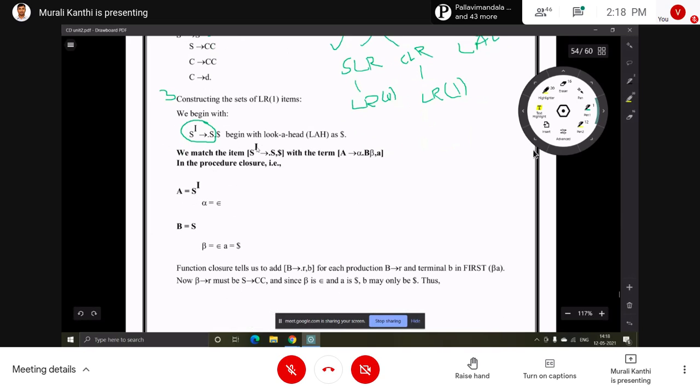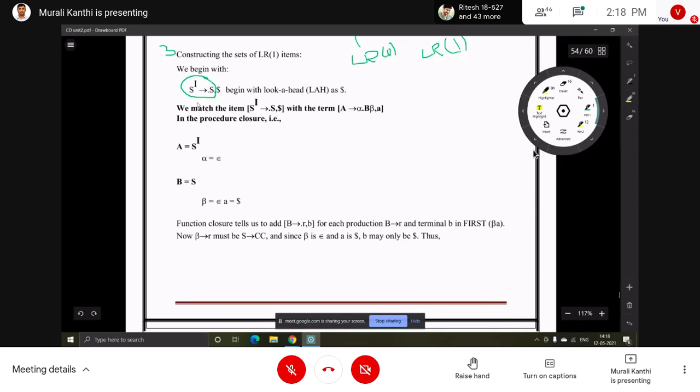Here A equals S', alpha equals epsilon since we don't have any symbol, B equals S, beta equals epsilon, and a is dollar. In SLR and in CLR, we have to see what symbol is after the dot. After the dot S is there, and S is a non-terminal. Then add the non-terminal productions to this item set.